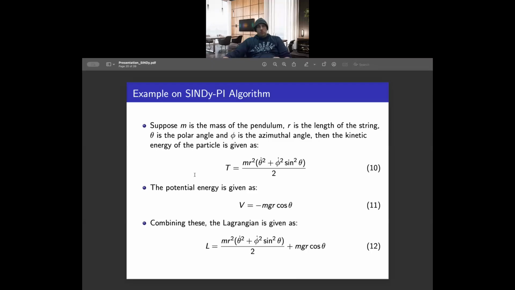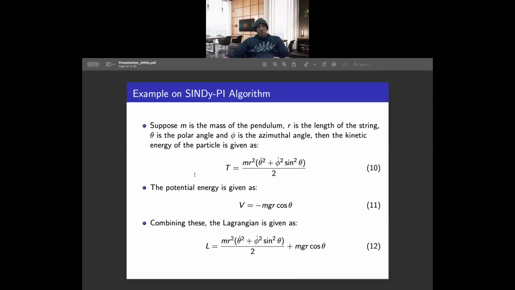For this spherical pendulum, what we try to do is capture these Lagrangian equations. We are trying to see if we will be able to capture the dynamics of a particle which is moving on the sphere, which is the same as this spherical pendulum. And the potential here we are considering is the gravitational potential only. So the idea is, first of all, to construct the Lagrangian, and this Lagrangian is the difference between the kinetic energy and the potential energy.